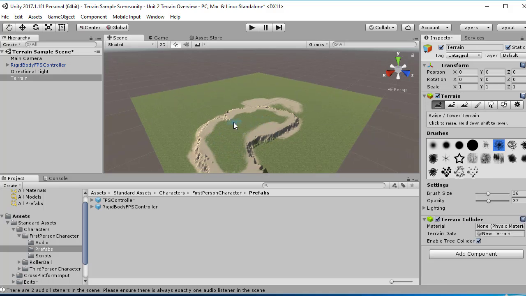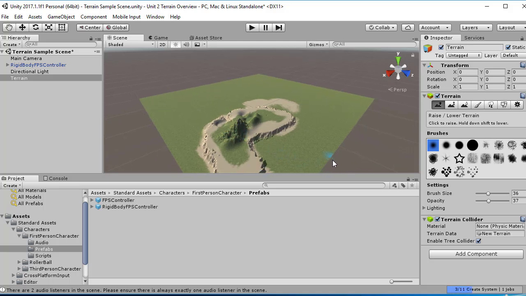And again, I can paint some height here so I can have some mountains as part of this valley. I don't want to get them too high, so I can also use the shift to bring them down or up. Okay, so that's the basic terrain things, and we'll talk about the trees and stuff in just a little bit,